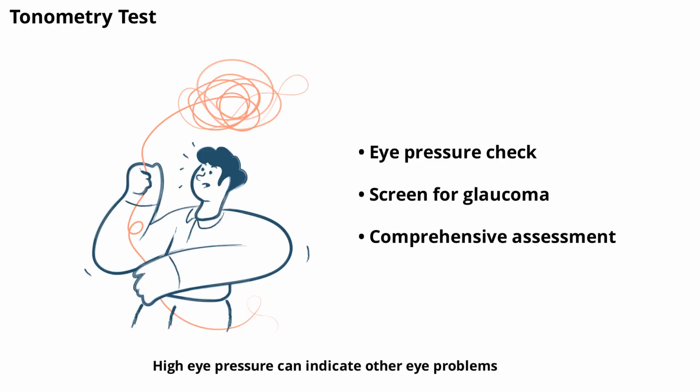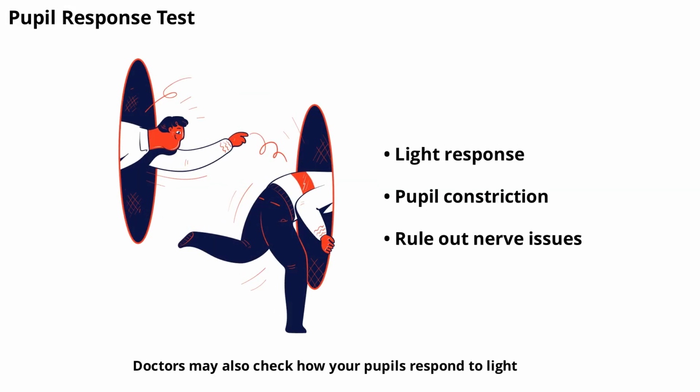High eye pressure can indicate other eye problems that may need to be addressed alongside cataract treatment. Doctors may also check how your pupils respond to light. This simple test involves shining a light into each eye and observing the reaction. A normal pupil will constrict in response to light. Abnormal responses can indicate nerve or brain issues, but in the context of cataracts, this test helps rule out other